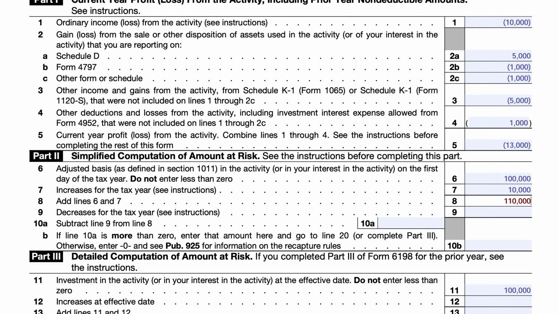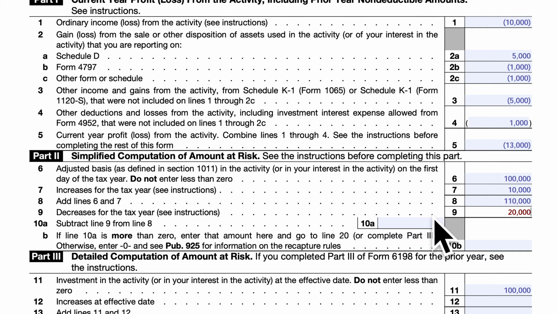And then finally, any non-recourse liabilities that you included on line 6 of property that you contributed. So if you put property in here, then any increase in the non-recourse loans attributable to that would decrease the basis. So let's just say that there's a $20,000 decrease,